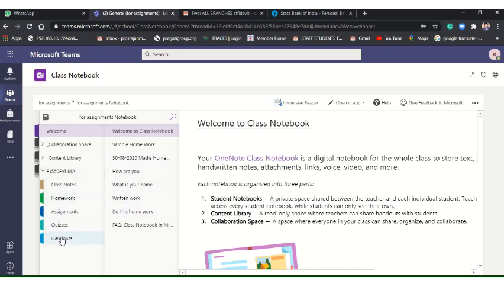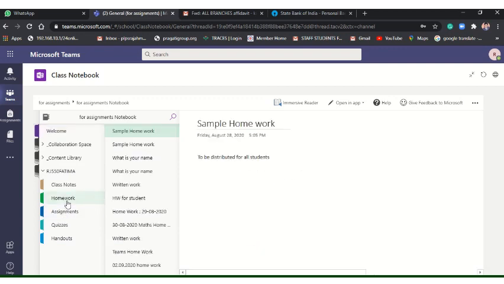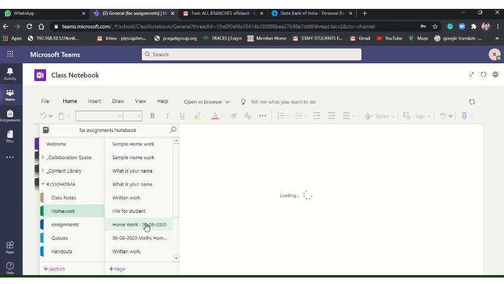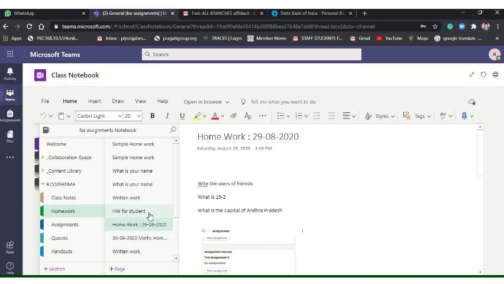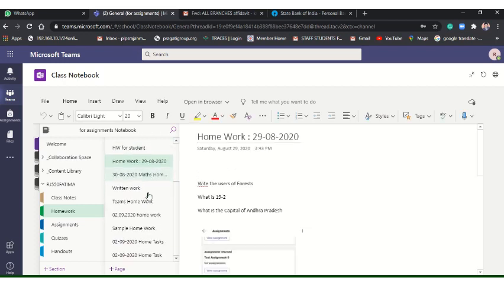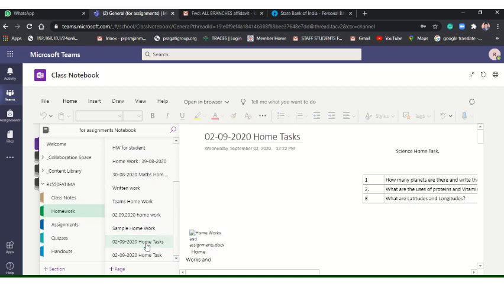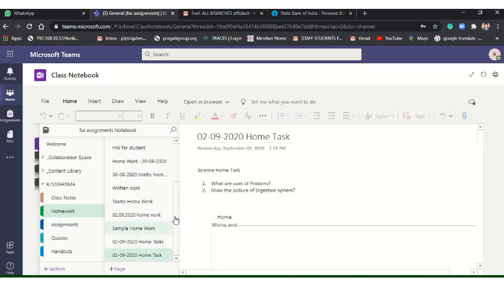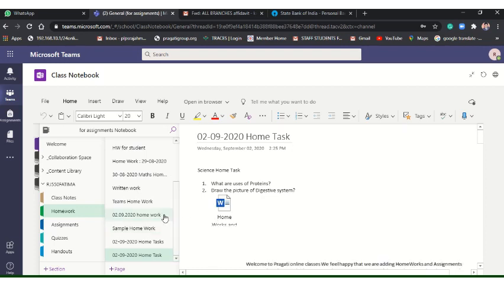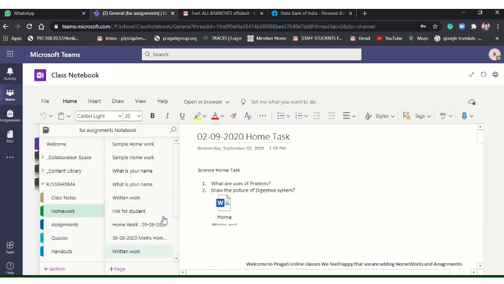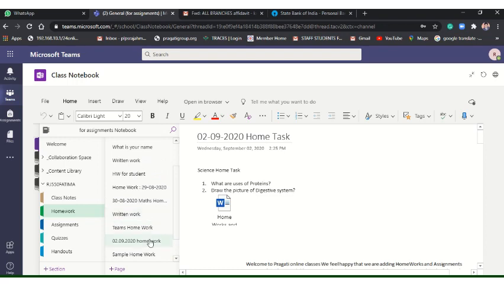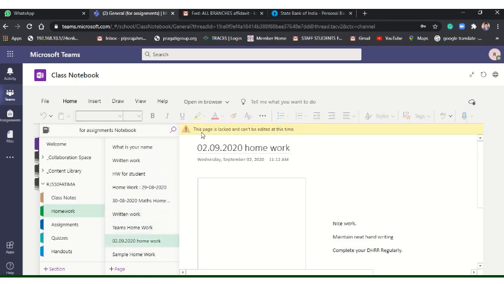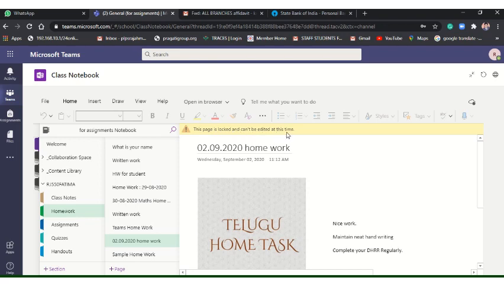See here, you can find the homework book of the student. See here, it is showing that this space is locked and cannot be edited at this time.